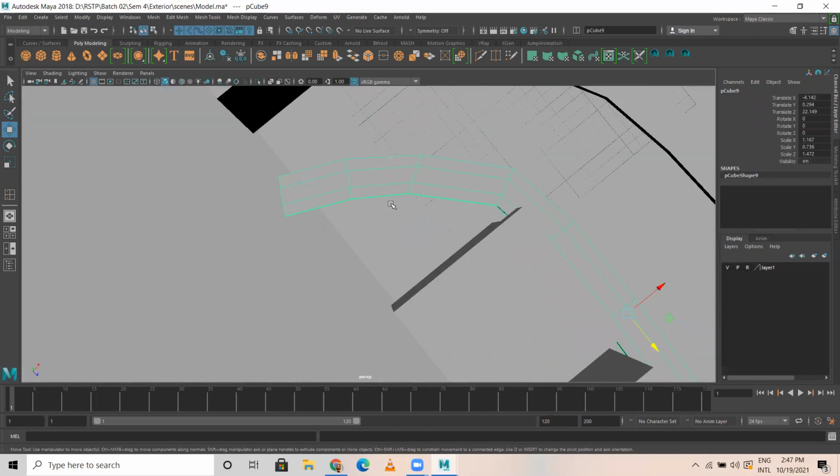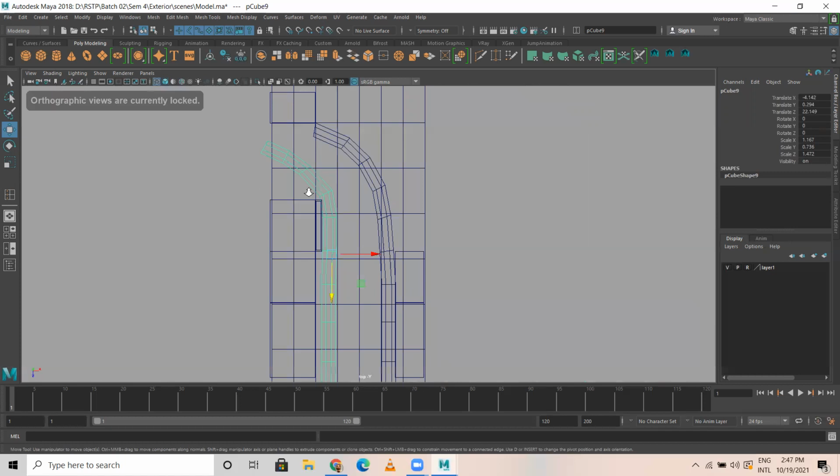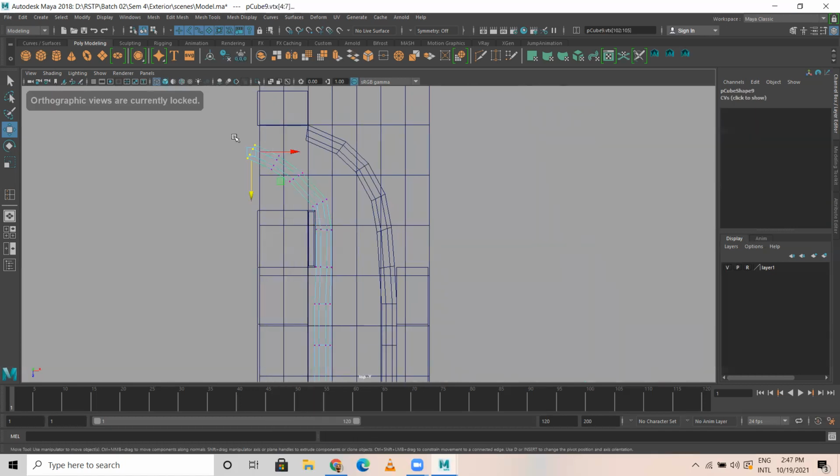Even what you can do here, I can bring all this closer here almost. It's like this. I can rotate this, bring it here. I can even rotate this.